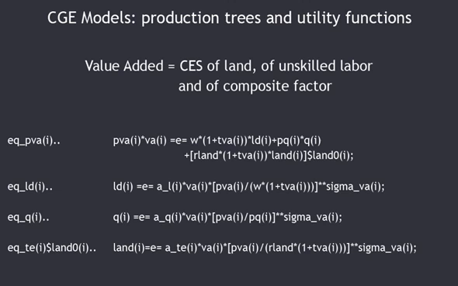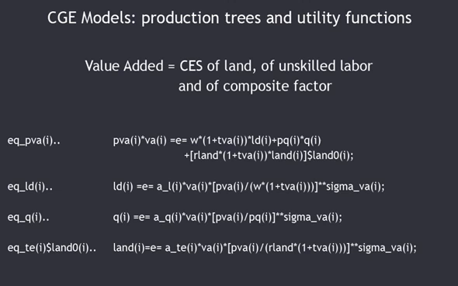Then there are three relations that express the demand in volume terms of unskilled labor, composite factor and land, the latter equation being only present in the agricultural sector, hence the condition $land0 in sector I put close to the name of the equation. This relationship is of the form: if we move VA from the right side to the left side of the equation, this is a ratio of demands, demand of a specific productive factor in volume in a sector to value added in volume in that sector.